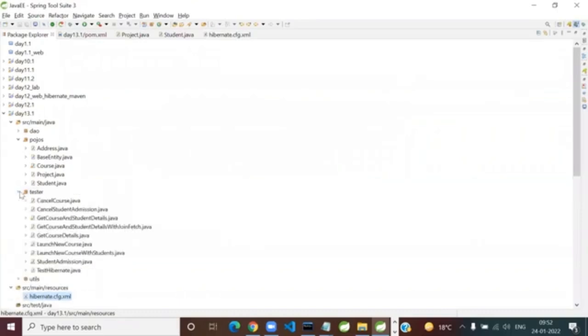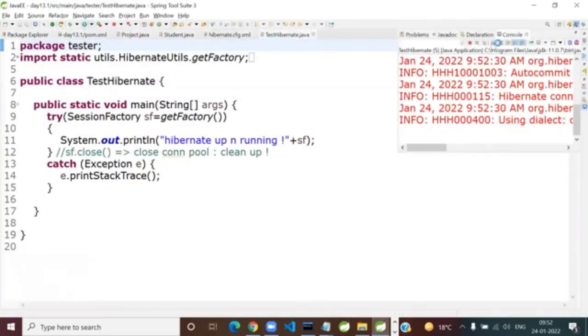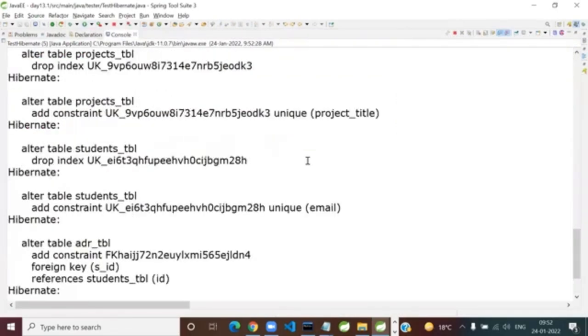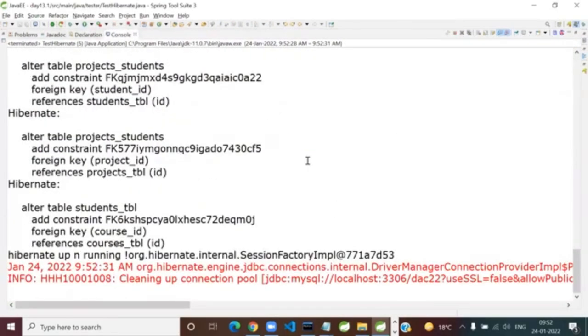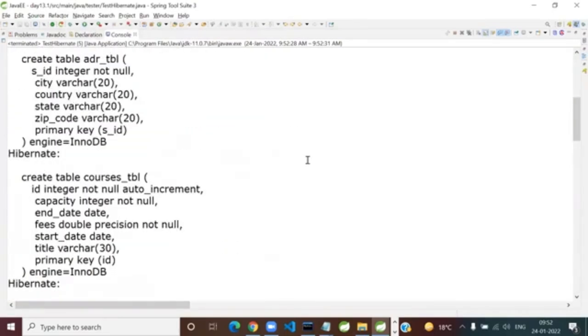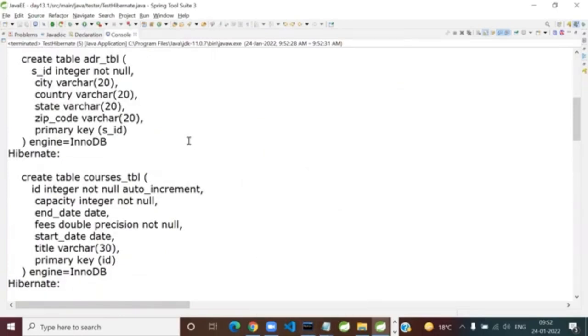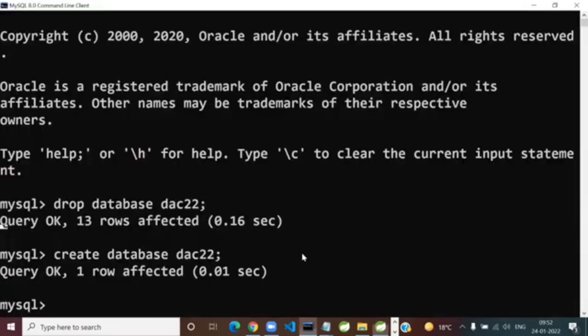So open the tester, please. You have a test Hibernate class, I hope, and run this. I will run it first because I could have messed up something. Yeah, so it looks good. Which table? Actually, in my case, I dropped the whole database, so you run it, guys. Sorry, I had dropped the whole database because I was playing with things and deciding which demos to show. Anyway, you run it and you tell me which table or tables got generated.